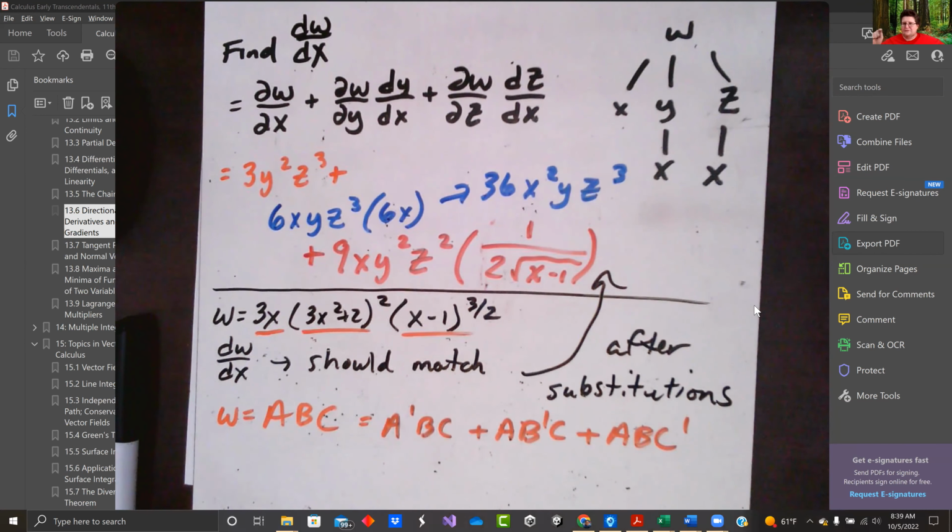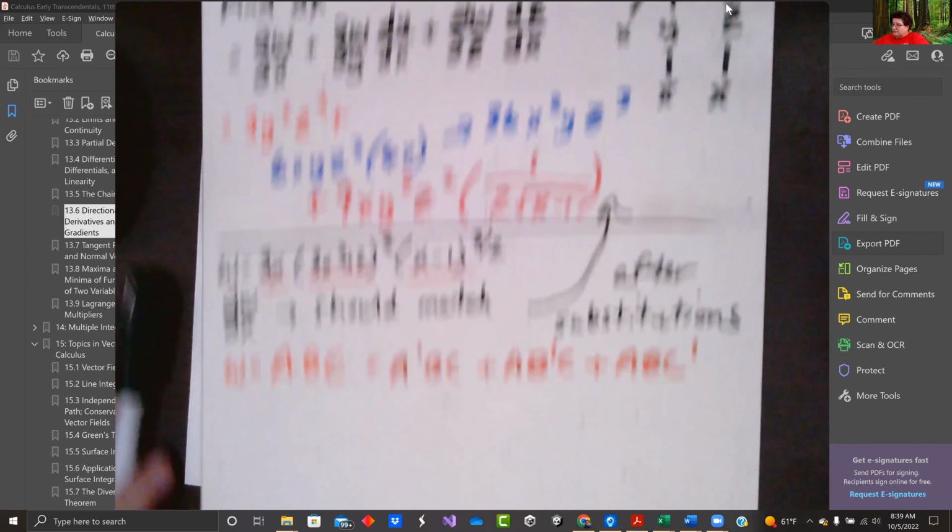If there's enough going on, I will use a tree. Like if there were three variables, like X, Y, Z, and then X, Y, Z was a function of, say, rho, phi, and theta, like going from Cartesian to spherical coordinates, I might write it out just to make sure I have it. But in all reality, another